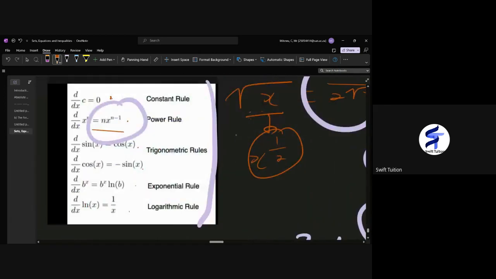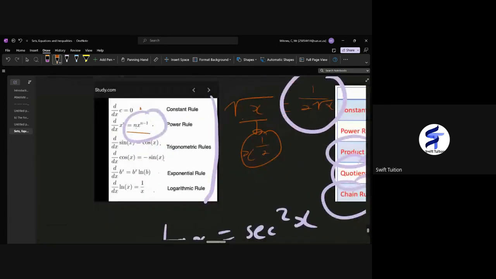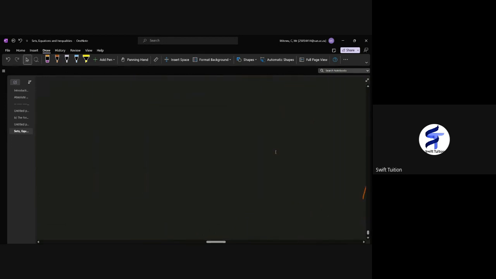Okay, let me put it this way. Anytime where there could have been an x in any of these, but there isn't. So where there could have been an x over here, an x over here, anywhere where there could have been an x but there isn't, we're going to apply the chain rule. So what does a chain rule mean? Why is it called a chain rule? You're creating a chain